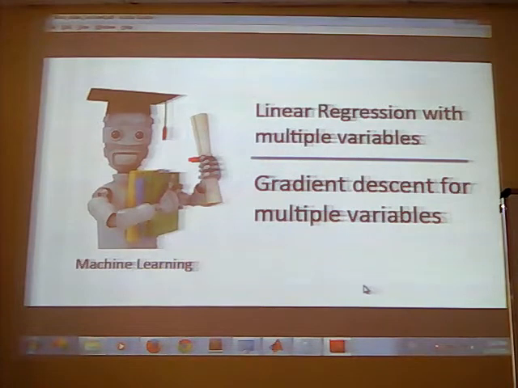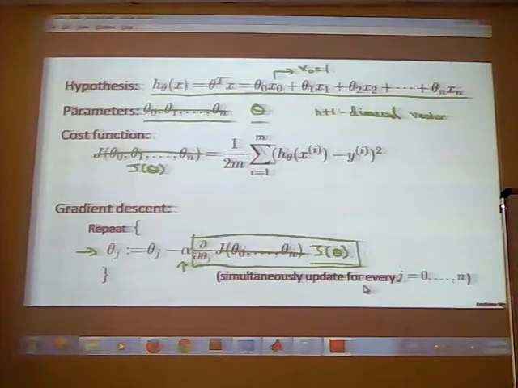Now we will see gradient descent for multiple variables. We have the hypothesis h of x equals theta transpose x, which ultimately means theta 0 x0, in which x0 was 1. We have parameters. We were denoting them by theta 0, theta 1 and so on. Now we are denoting them by a vector, say theta, which is an n plus 1 dimensional vector.